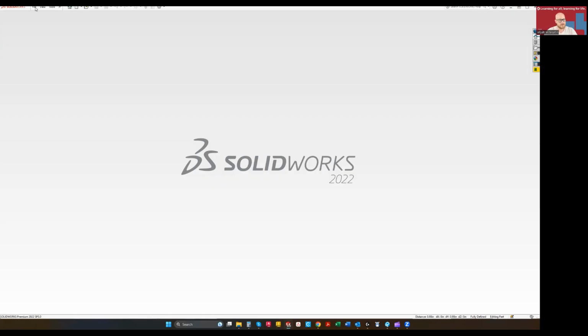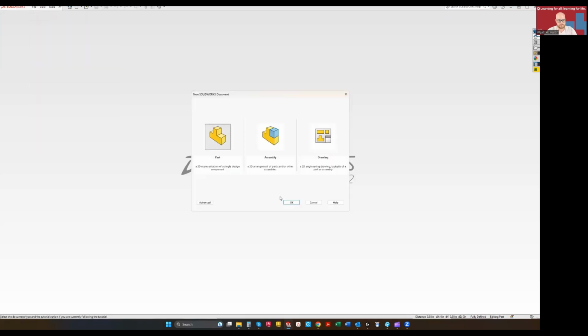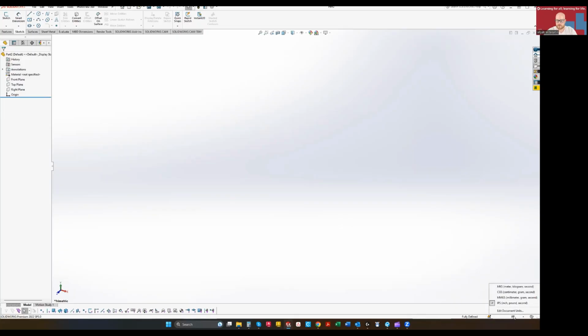So the first thing that we're going to do is open up a new part file and make sure that we are in IPS, inch pound second, because we are going to be drafting in inches today. So first things first, when I first introduced SolidWorks, I talked about the tabs